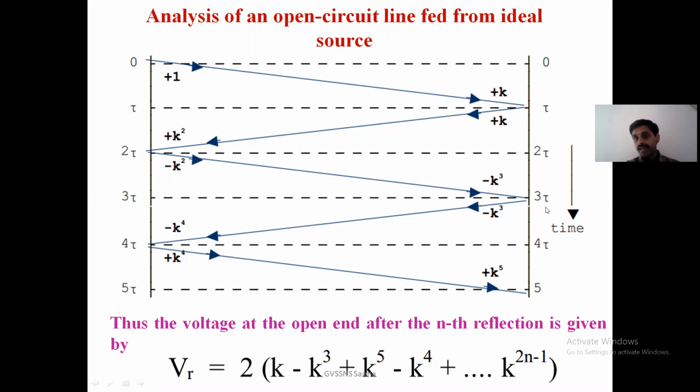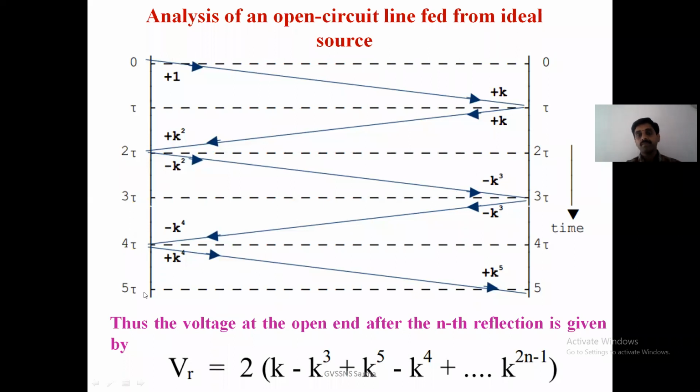Again at the open circuit end, whatever the value incident will be reflected back. So minus K cube is reflected back. Again minus K cube is multiplied by K during this process and reaches minus K power 4. With opposite sign, it will be reflected back at the ideal source as plus K power 4, and during this process it is multiplied by K power 4. Like this, you can observe for an open circuited line with attenuation factor K how the voltage is reflected, and reflection takes place again at different ends.